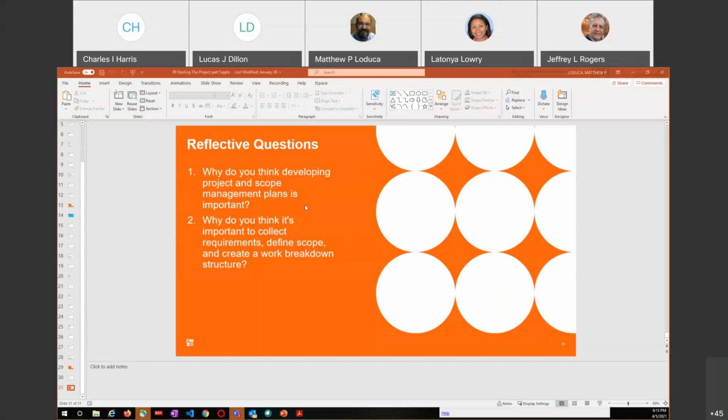Why do you think it's important to collect requirements and define scope? Oh, well, we just talked about that, right? It's kind of the same thing. We want to know what we're delivering, or at the end of the day, the project will never end because they said, oh, you know what, we also need this. Oh, we also need this. If you don't get that defined up front, that's the problem, and that's those requirements in the scope. And then that work breakdown structure helps us to estimate, it helps us to track what we're doing,